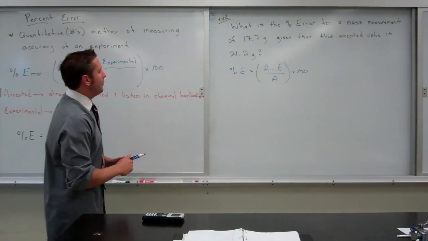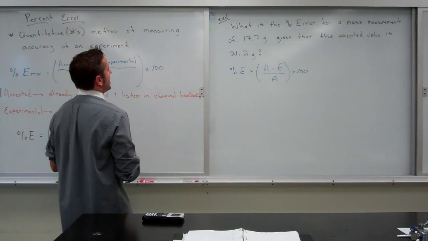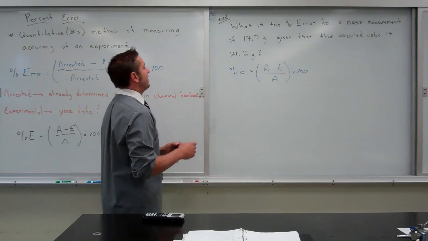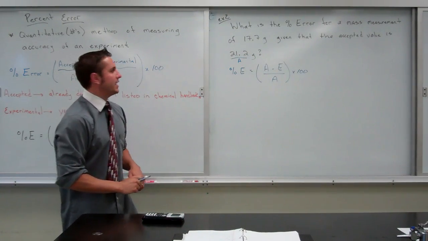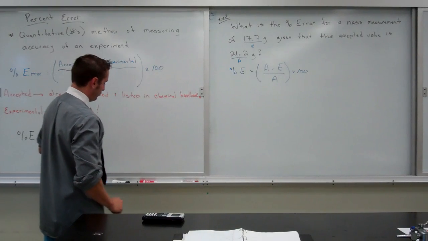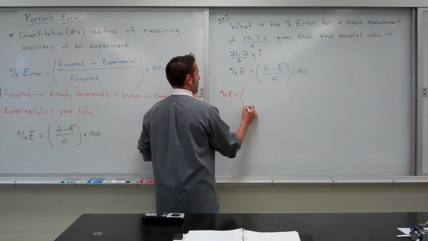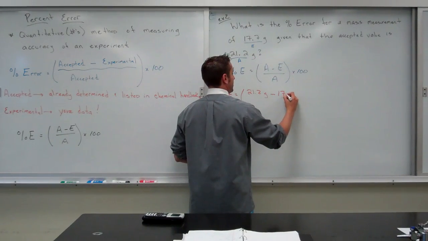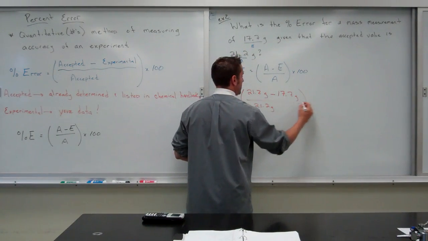Then we want to go up into the problem and determine what is the experimental, what is the actual. So it says, what is the percent error for a mass measurement of 17.7? Doesn't really tip its hand at all there. Given that the accepted value is 21.2, and that phrase tells me that the 21.2 is the accepted, therefore 17.7 must be the experimental. So now we go ahead and plug in. Percent error is going to be equal to A, which is 21.2 grams, minus E, 17.7 grams, all over A, 21.2 grams, times